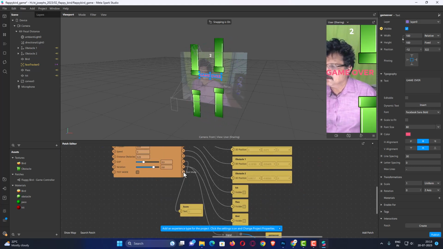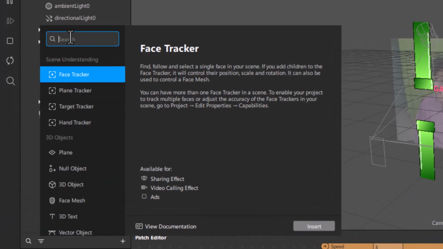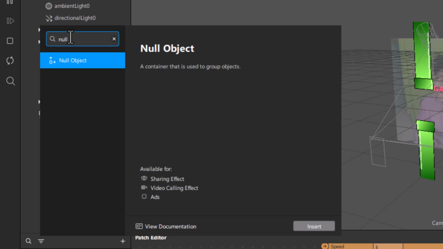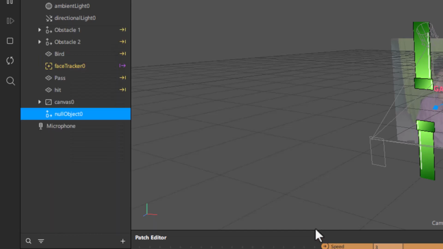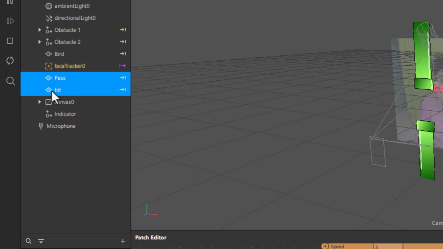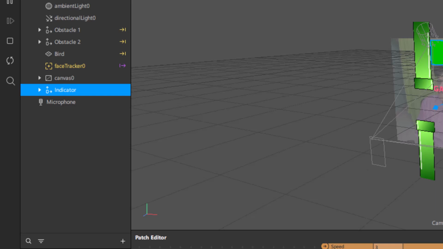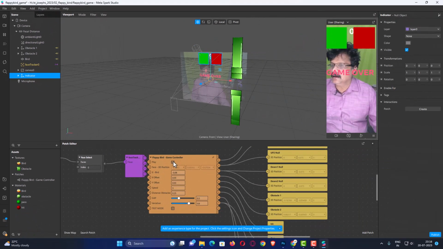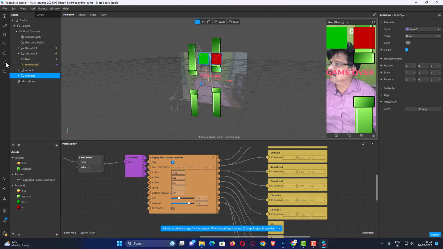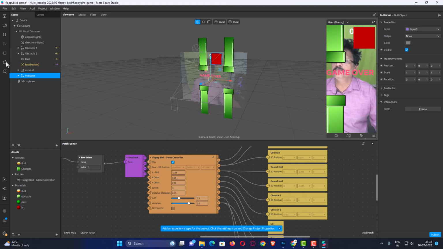I will switch off the playback. Now you have one more here, test mode. What I have to do now is come over here and add one more null object, and I am going to call this null object indicator. I will select this pass and hit, both of them, and drag them inside this indicator null object. Now see, as of now, when I start the game, I will just reset it, and when the game starts,